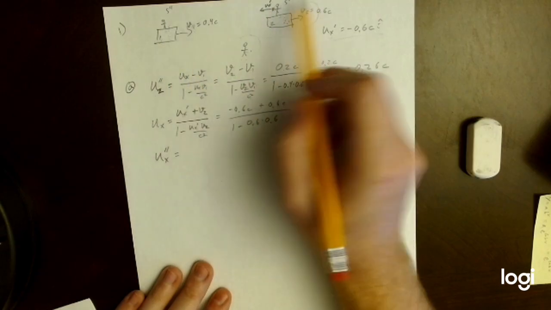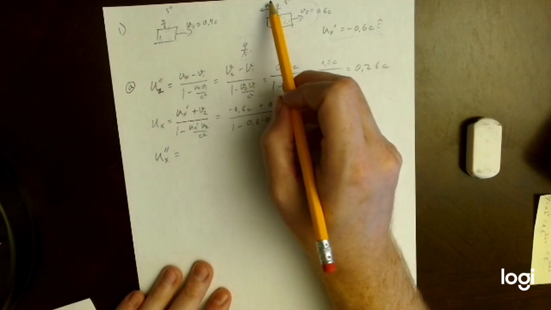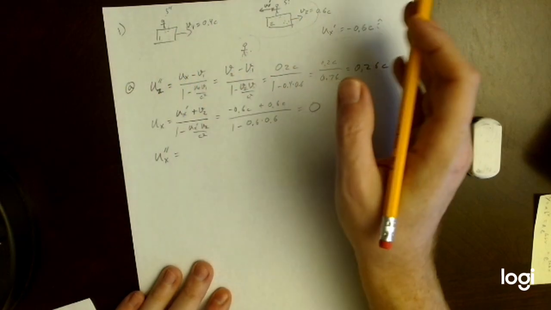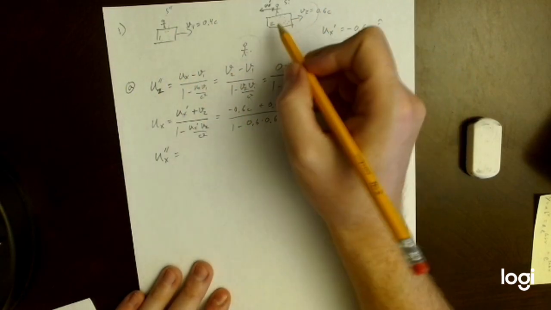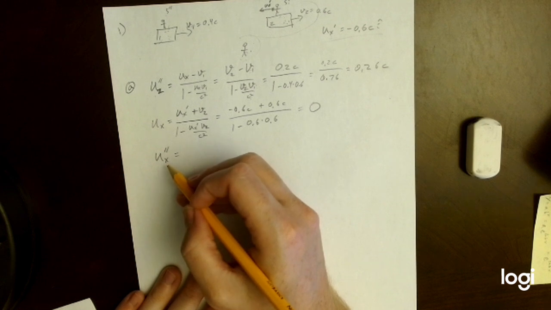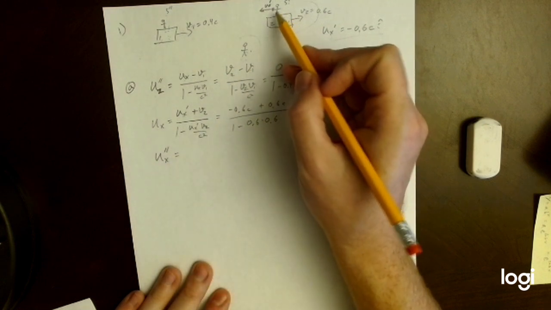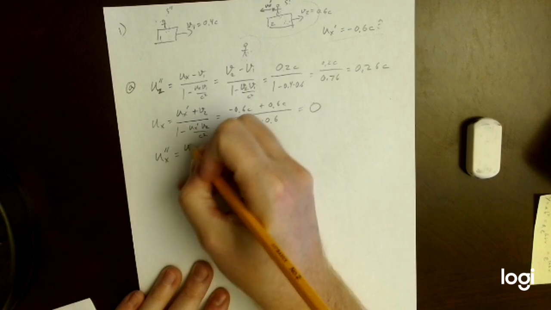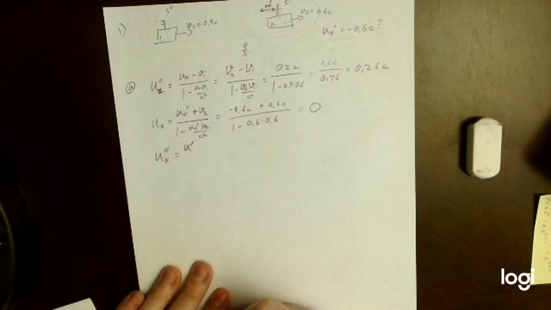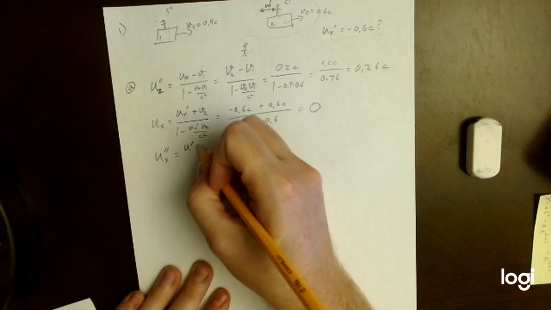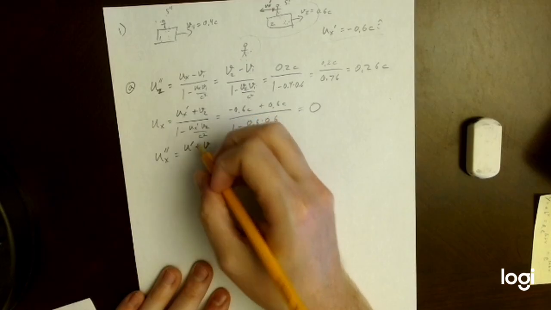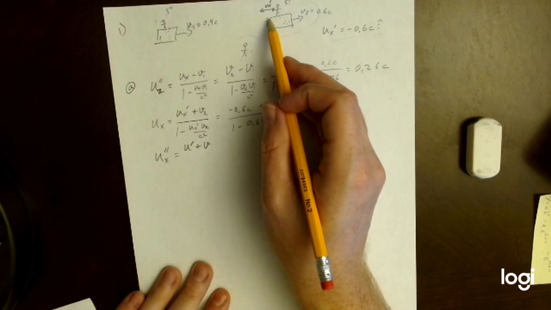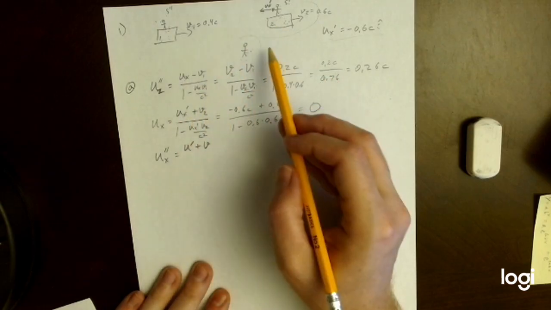Now this will be a little confusing because I've got a primed frame and a double primed frame, but remember, no frame is special. So I'm going to write out this equation as though I'm transforming from this frame to this frame. So this is going to be the velocity in the initial frame of reference plus the relative motion between these 2 frames, which we calculated earlier